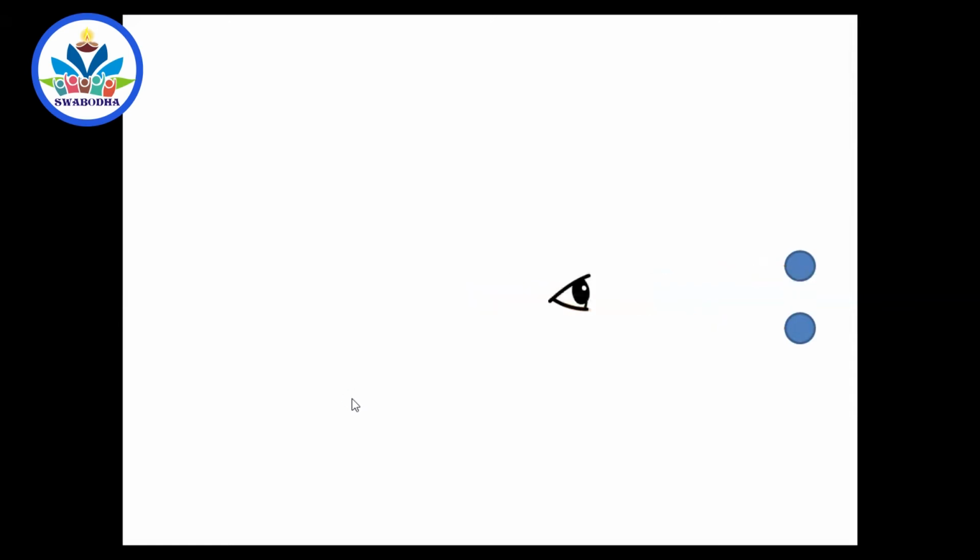This is the only logic behind this. So when the angle subtended goes to 1 minute, you can see them just separated. When the angle subtended by the two closely lying objects at your eyes is more than 1 minute, they are well separated. You can see them separately, clearly, right?